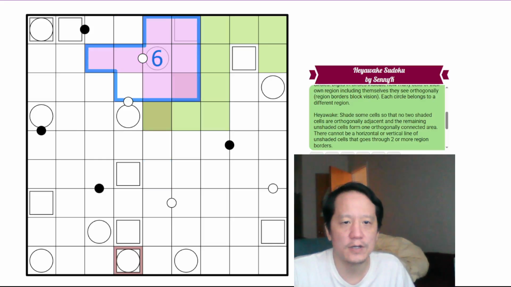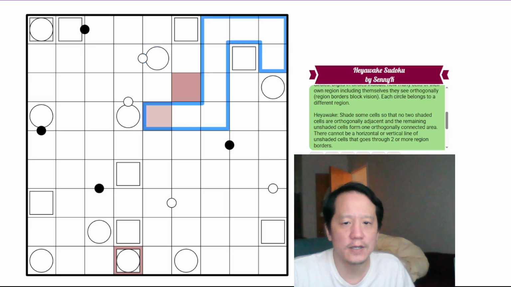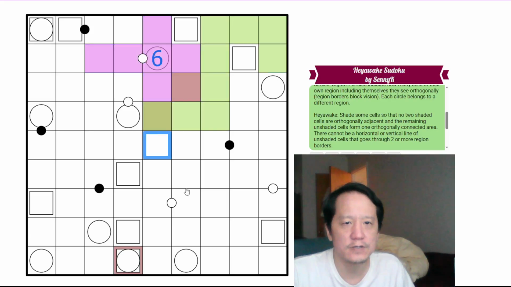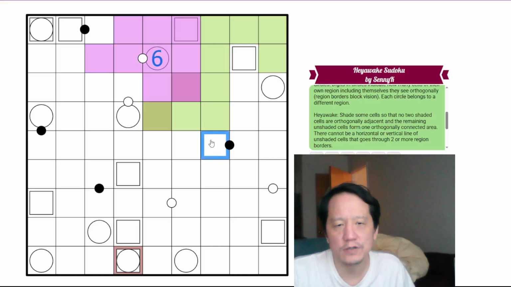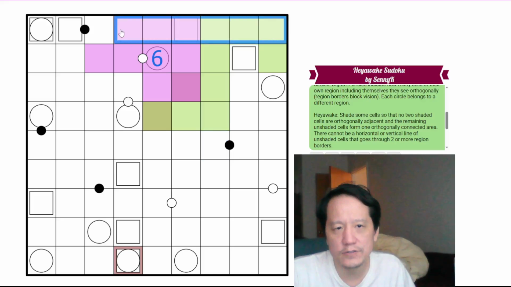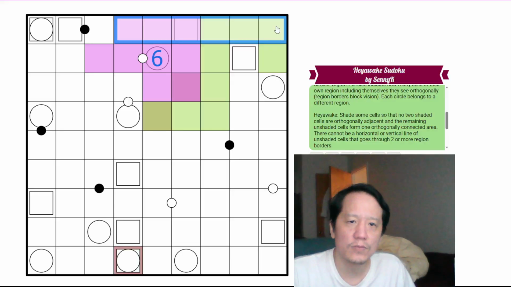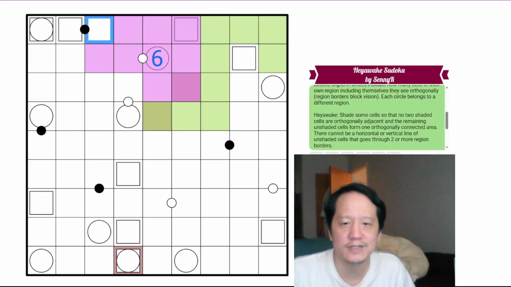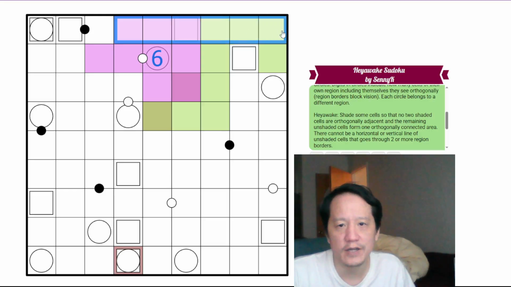And in addition, if these were the regions, and we didn't have a shaded cell here, that would mean this has to be a shaded cell here. Because a horizontal or vertical line of unshaded cells can only go